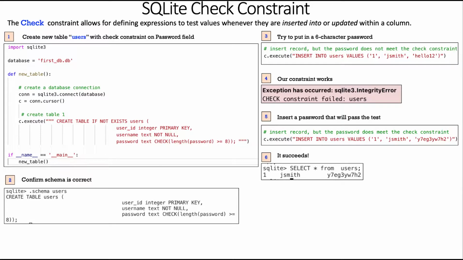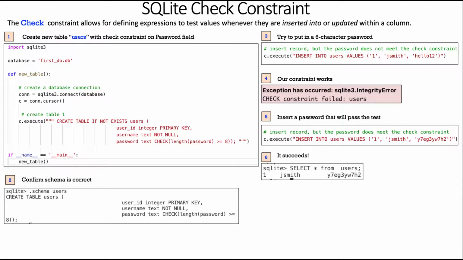What is a check constraint and why would you want to use it? The check constraint allows for defining expressions to test values whenever they are either inserted or updated within a column. So here I have a snippet of code. Create a new table users with a check constraint on the password field. So basically, my objective here is to make sure that the password that a user uses is 8 characters or